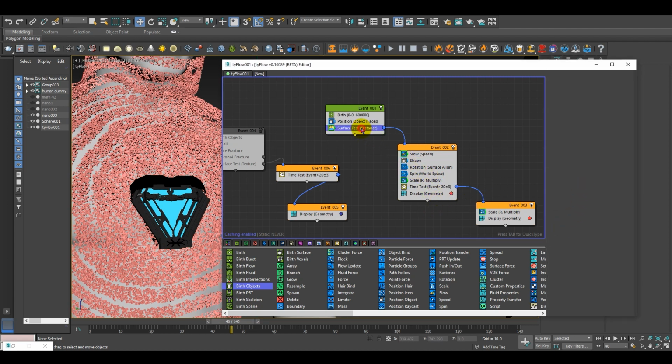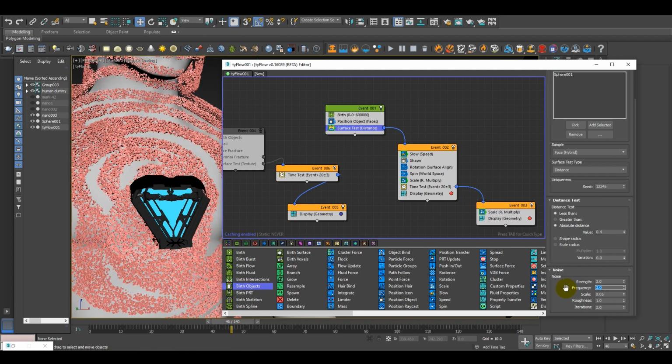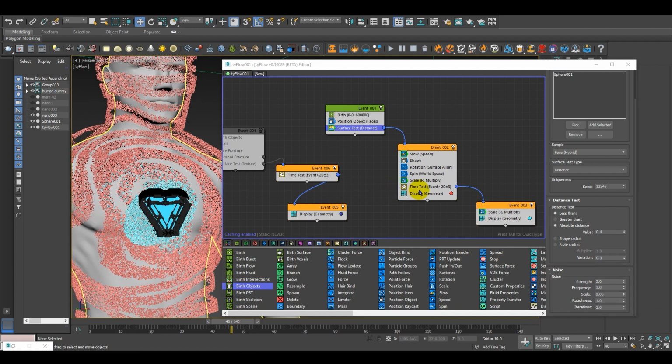So just go over here and increase it to 3. Change it to blue. Also